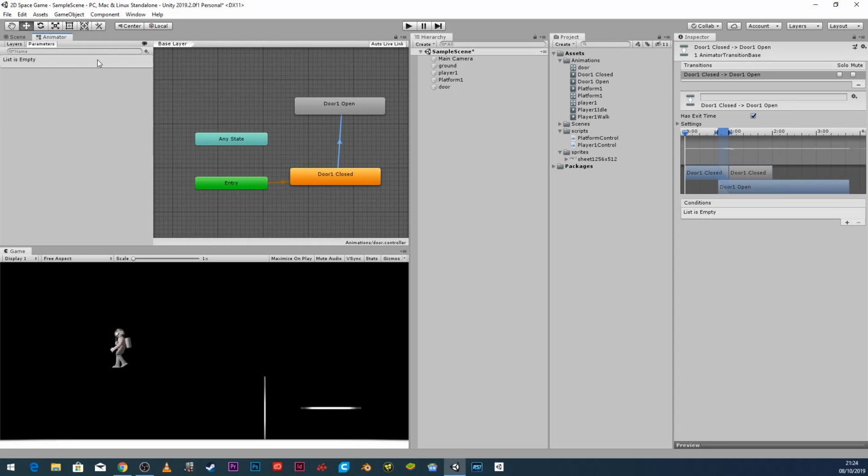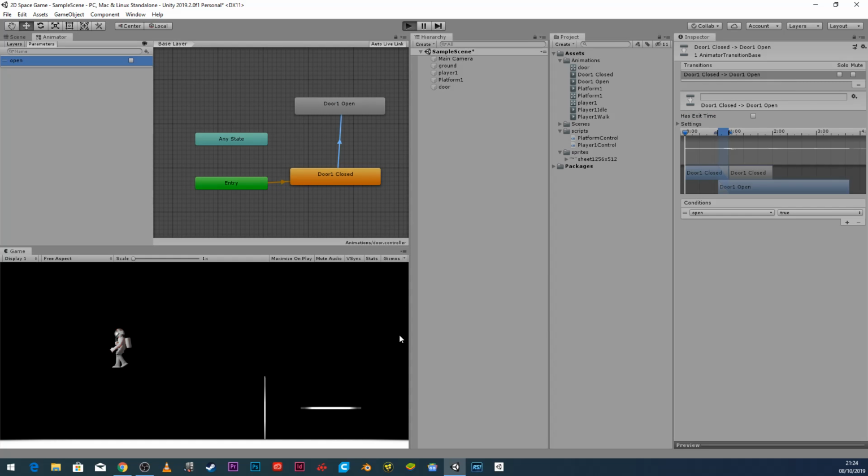So I'm going to create a parameter which is going to be Boolean, and we're going to call it, in all smalls, open. And over here we're going to say when open is true, play the open animation. Okay, and we'll turn off has exit time. So let's do that. So we'll press play,